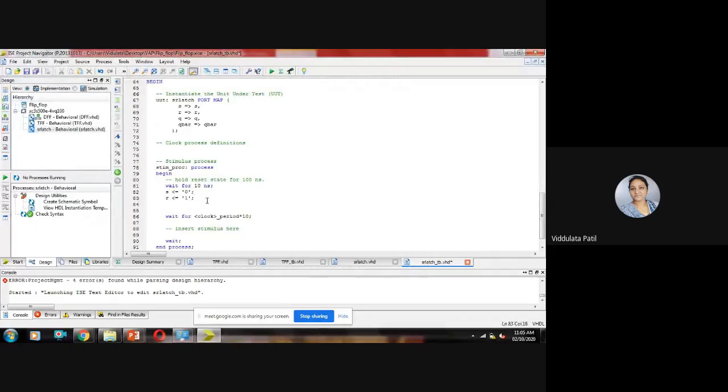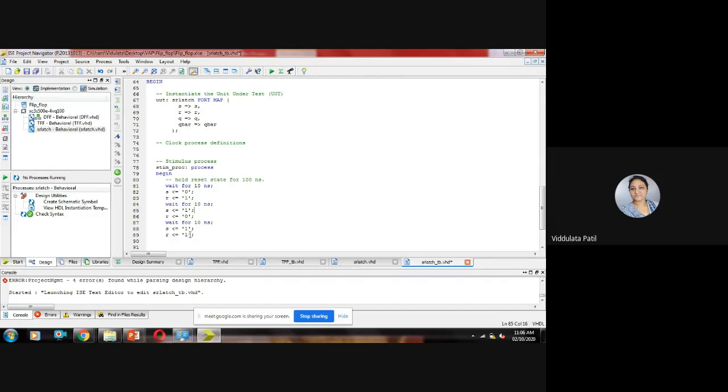Okay, so we have used three combinations of input: S equal to 0, R equal to 1; S equal to 1, R equal to 0; and S equal to 1, R equal to 1.